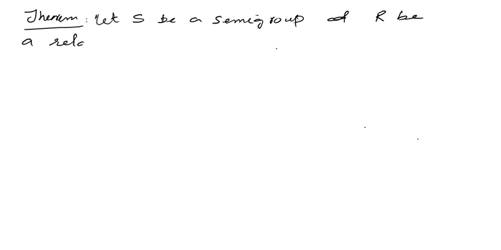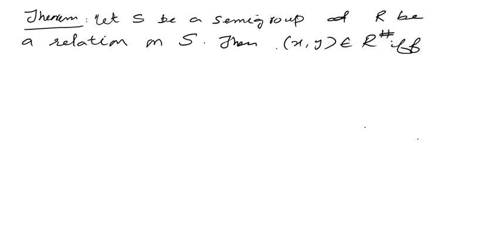Let S be a semigroup and R be a relation on S. Then the pair XY is in R sharp if and only if for some n greater or equal to 1, there is a sequence